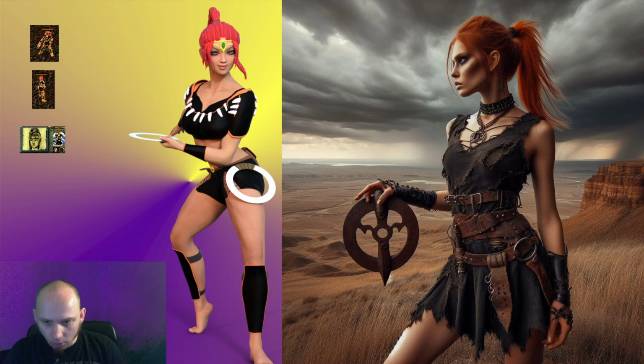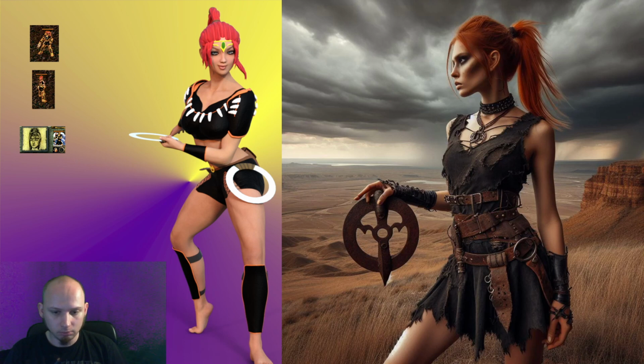Her clothes are more defined, more detailed. She has this whole belt thing going on, which I don't. Her chakram looks way cooler than mine. When I saw it, my immediate thought was, okay, I'm gonna steal this. I'm gonna create this chakram in 3D because it looks so amazing. And this is something that I really like. The art actually captures it way better.